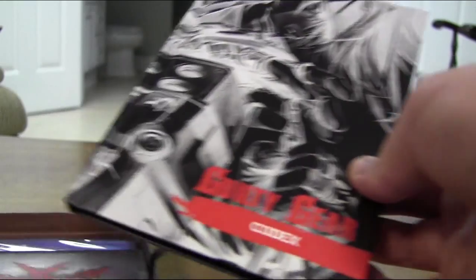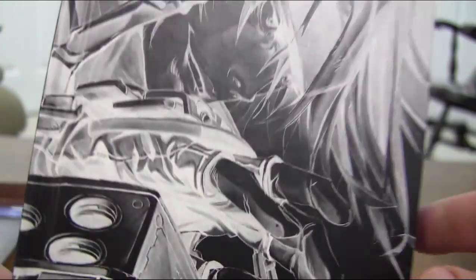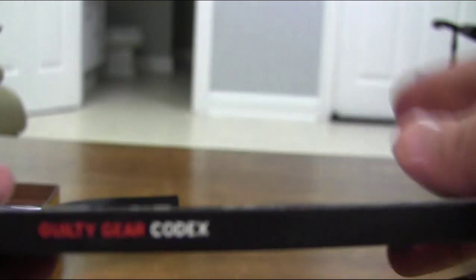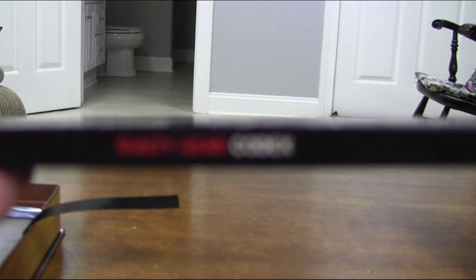So let's take a look at this. The Guilty Gear Codex. On the side here, what do you know? It says Guilty Gear Codex. Now my camera cannot really zoom in on that for some reason. It can't focus. In the back here, I'm going to shove it right in the camera. Focus! Okay, you're not going to focus. But what's in here? Okay, so